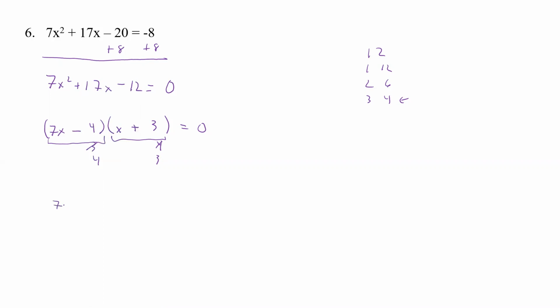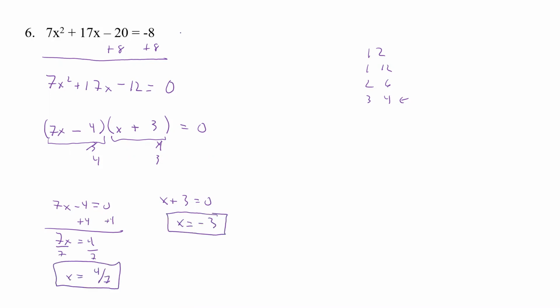So I have 7x minus 4 equals 0, and x plus 3 equals 0. Well, this is easy. Take the 3 to the other side, so we get 7x equals 4, divided by 7. So my second solution. Again, no restrictions on this problem, and so both solutions should work when we plug it